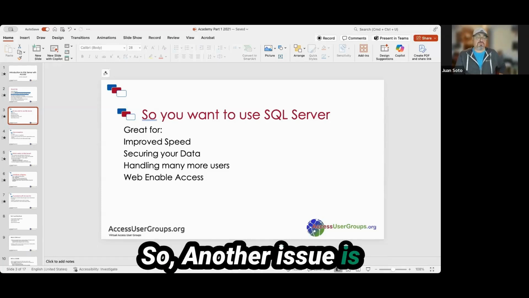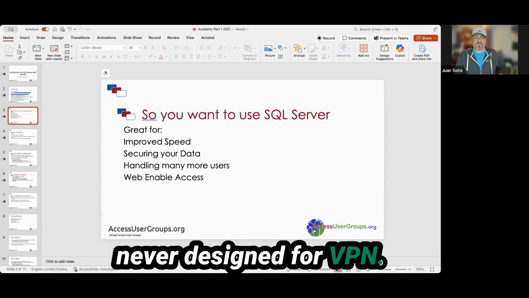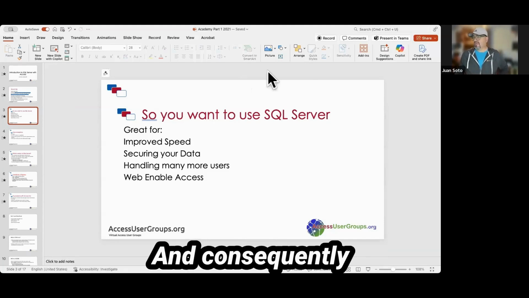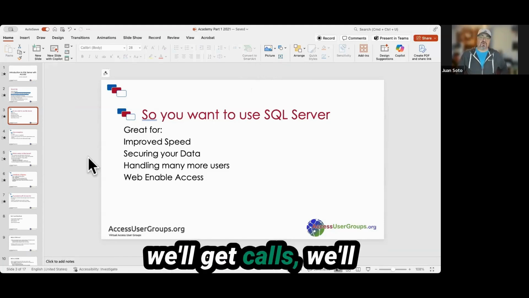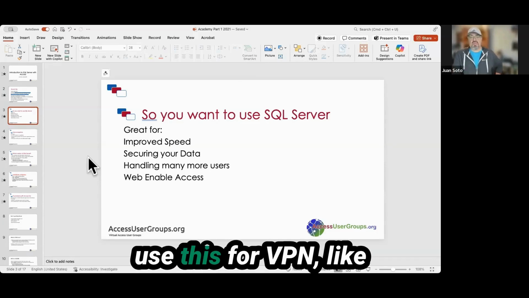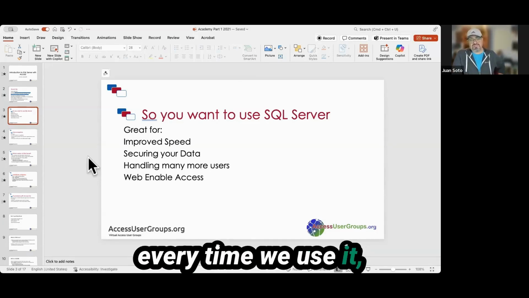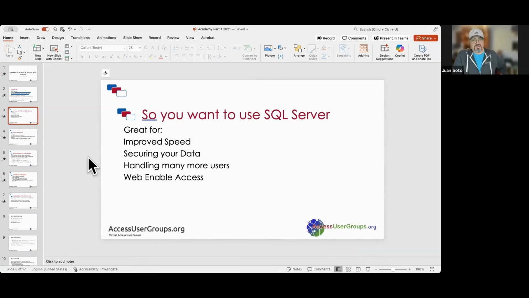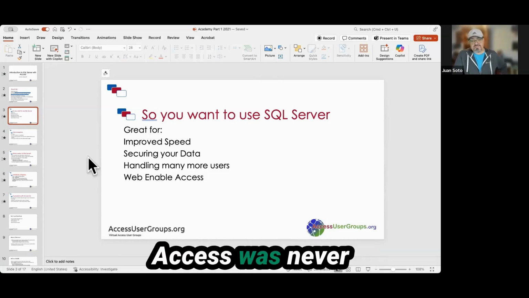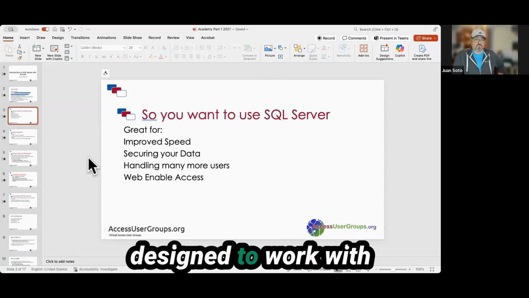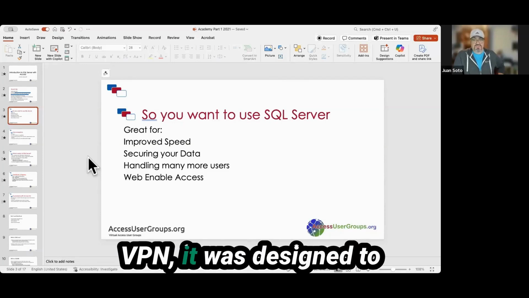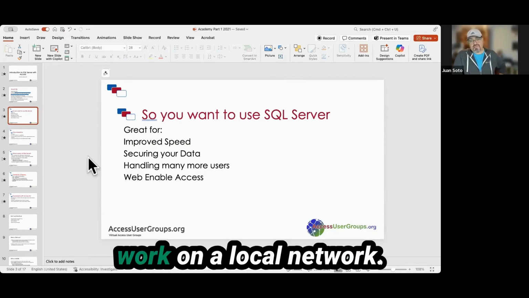So another issue is Microsoft Access was never designed for VPN. And consequently, we'll get calls, they'll say, hey, we want to use this over VPN. Every time we use it, it's just really slow. I'm like, yeah, because Access was never designed to work with VPN. It was designed to work on a local network.